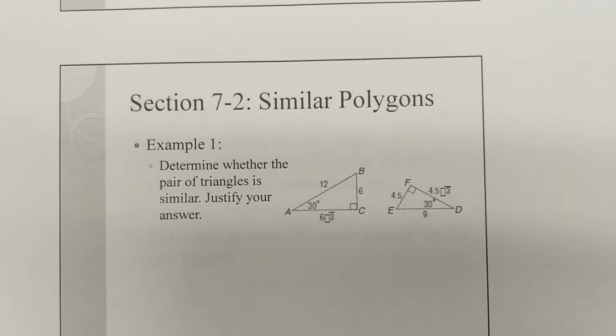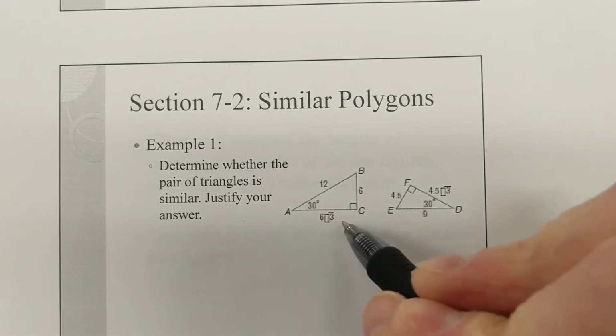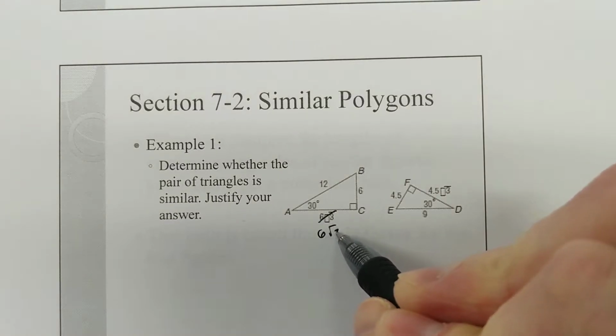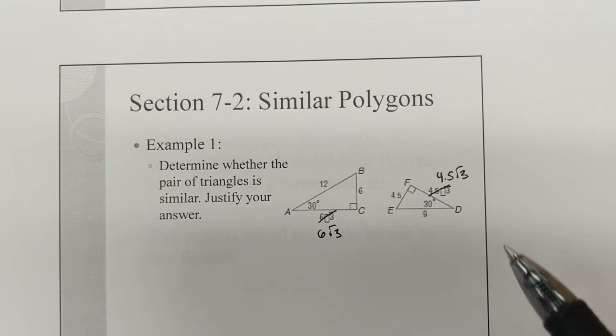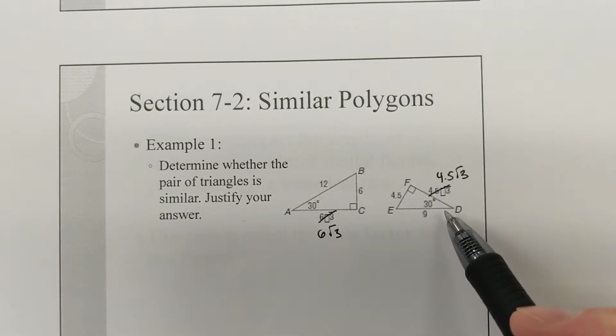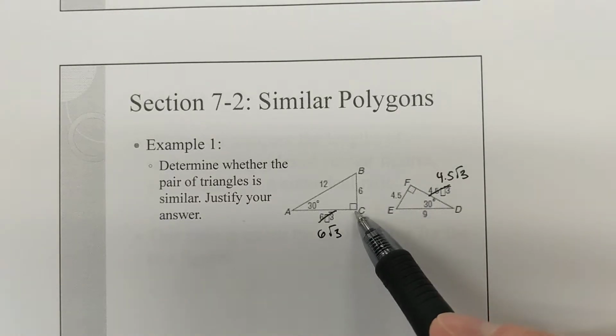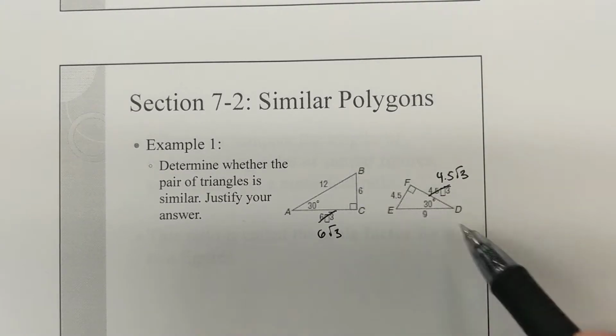So example 1, determine whether each pair of triangles is similar. Justify your answer. There's a little bit of a typo here. That is 6 times the square root of 3. That is 4.5 times the square root of 3. Now you have to be careful because these triangles are rotated from each other. Corner F and corner C are the same thing, E and B are the same thing, and D and A